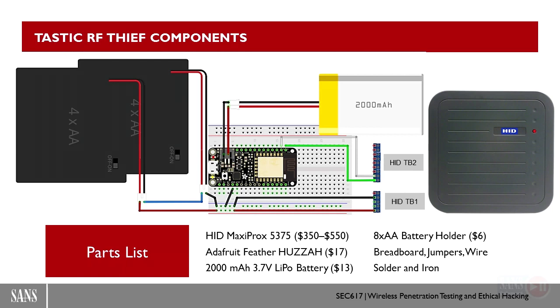So we're connecting the Wiegand output to the Adafruit Feather, and then we're providing power to the Adafruit Feather with a lithium-ion battery, and using 8 AA batteries to power the